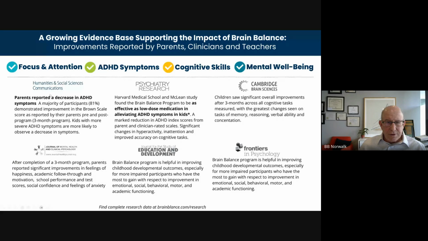Humanities and Social Sciences Communications. These are all peer-reviewed literature showing in this particular study, a majority, or 81% of people demonstrated improvement on the Brown's ADD scale. The Brown scale is an ADD scale. It's a checklist. It's subjective. Psychiatry research, Harvard did a study on our work at the Department of Biopsychiatry. Dr. Martin Teicher, who heads up the Department of Biopsychiatry, did an excellent study using the Brain Balance program in a virtual setting,